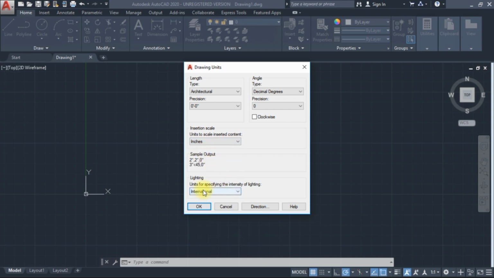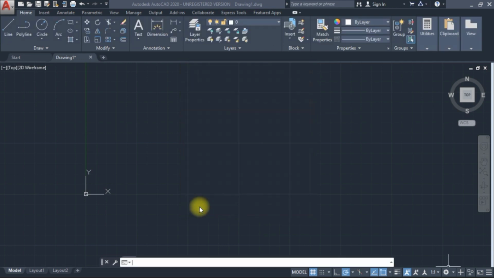I have selected inches. Below unit there is lighting, where you can select international or American. Above that you will see angle, where there are different types of angles: decimal degrees, grades, radians, etc. You can select from it. After selecting, just click OK and your values will be set.